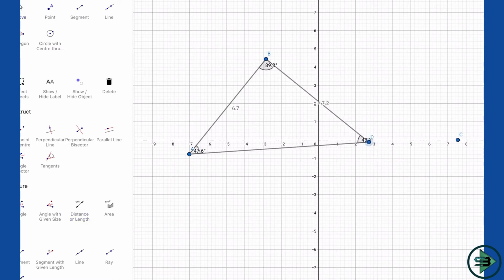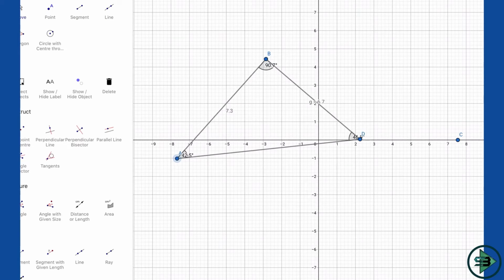So now try and make them equal, such that these two angles will be what then? 45, 45. Okay, so try making this 6.7, 6.6, 6.7, correct. Now this is 6.7, this is 6.7, but again this angle has to be 90, and both of them have to be equal. See, if I change one, the other is changing.